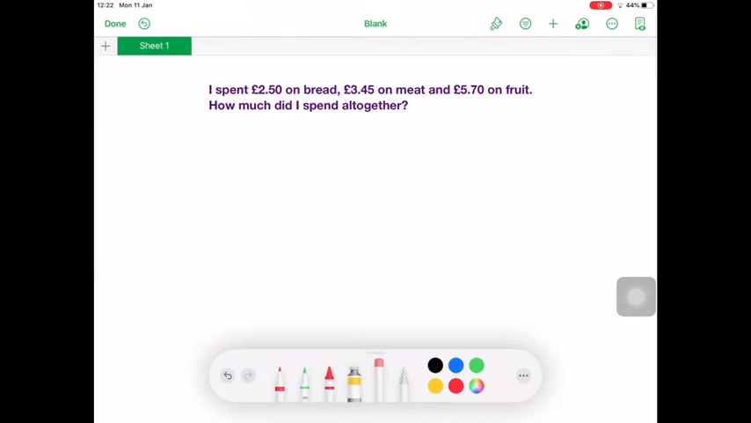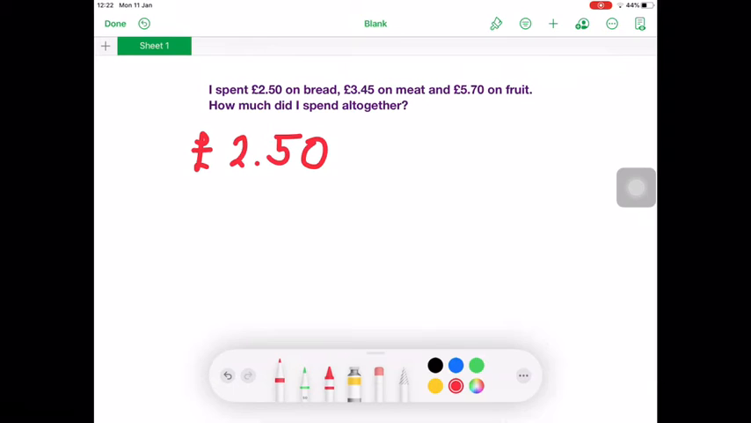Our final problem here is I spent £2.50 on bread, £3.45 on meat, and £5.70 on fruit. How much did I spend altogether? So we know that we must add these 3 amounts of money to get the total. So we're adding money this time, so we're going to add our pounds and our pence, and we're going to keep our pence and pounds in line with each other. So £2.50